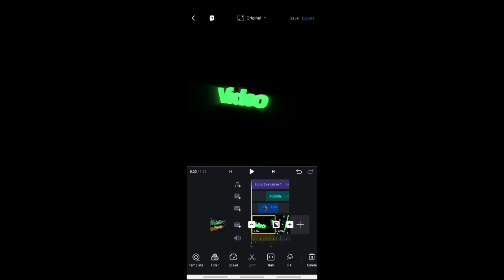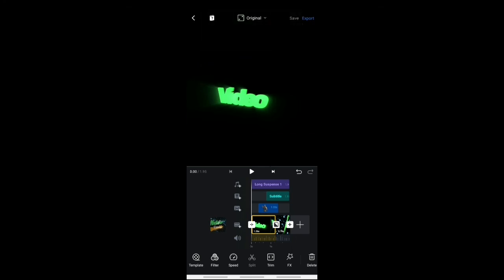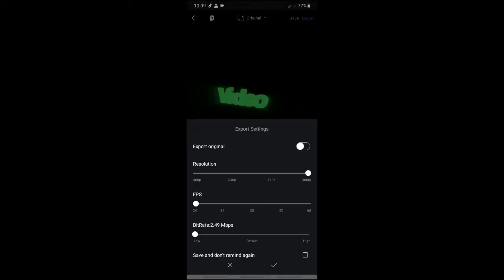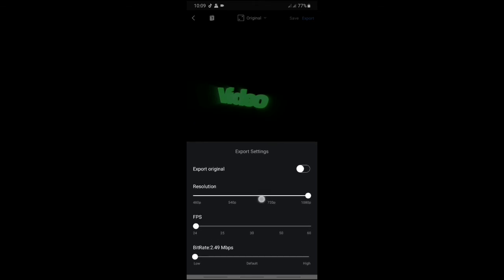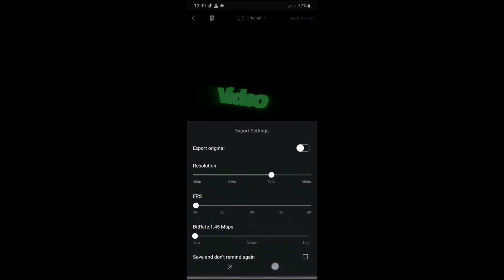After everything, you will like to export, but before we export, we will choose an aspect ratio by touching on here, and from here you can choose all these aspect ratios. I will go with the original because it goes with what the video is on. So just touch on the export icon right here. Choose the resolution. I'll go with 720p and frame rate 24 and bitrate low. So it will export your video and